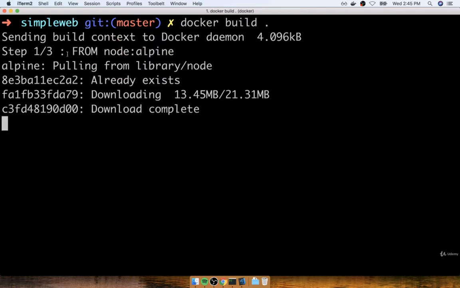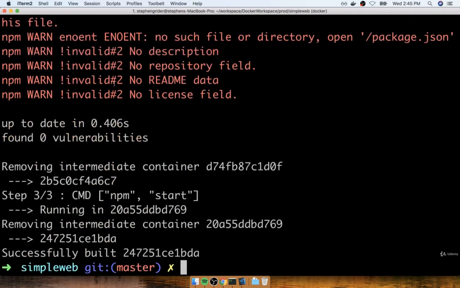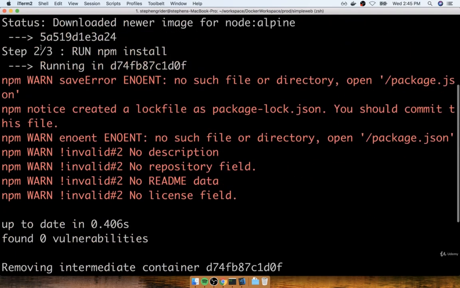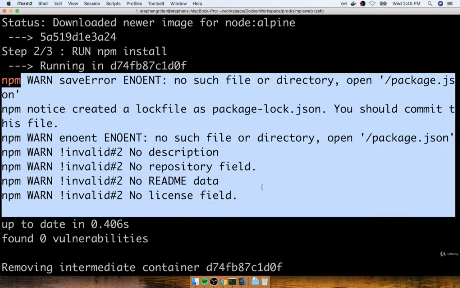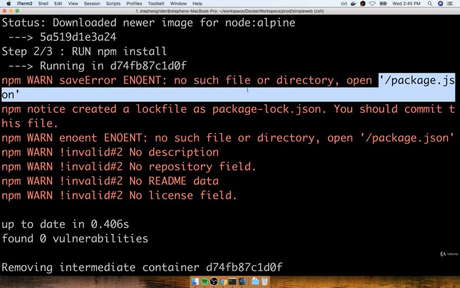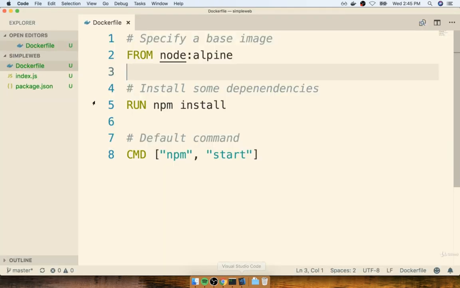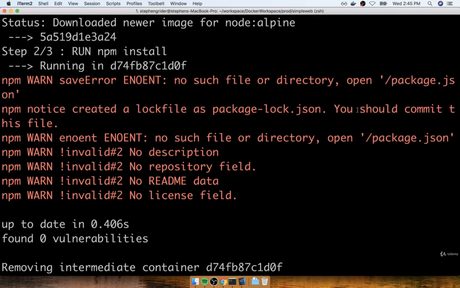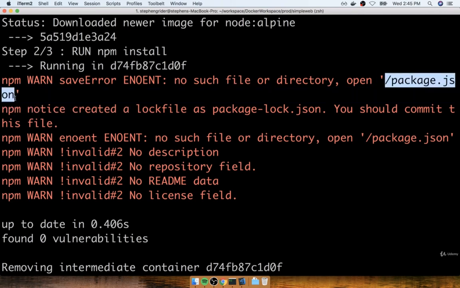All right, so now you can see that we're downloading the new Node Alpine image. We then get down to step number 2 right here, where we run npm install. But very shortly after that, we get a series of error messages, the first of which says, no such file or directory, package.json. So the package.json is a file that exists inside of our current working directory. But it looks like the container is complaining that, hey, I don't have this file available. Where's the package.json file? I need this to know which dependencies I need to